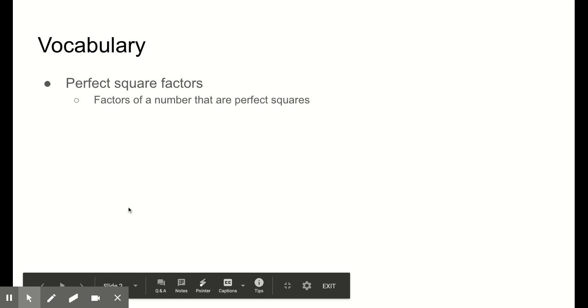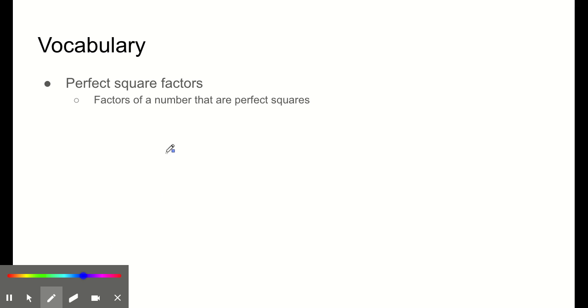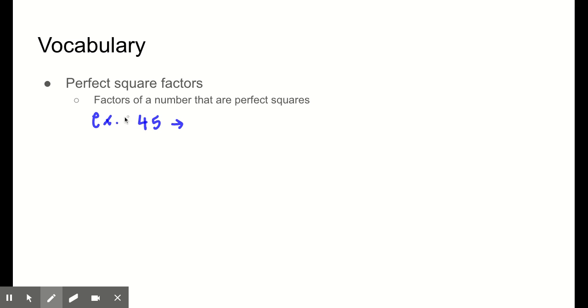So for vocab, just a couple of terms. The first term is perfect square factors. Perfect square factors are just factors of a number that are perfect squares. So for example, the number 45, factors of 45 could be 9 times 5, and 9 would be your perfect square factor because the square root